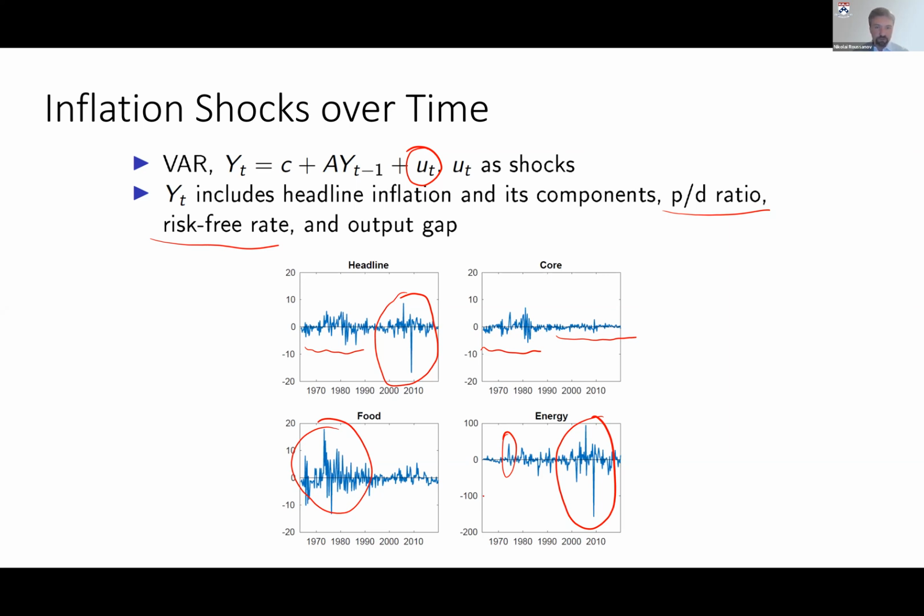So in what follows, we're going to focus on these shocks, because shocks, of course, are the unexpected components of inflation. That's what everybody really worries about, not the stuff that's expected. And we're going to primarily focus on these two components here, core and energy, as well as compare them to the headline. We'll ignore food largely for simplicity, because its behavior is sort of a convex combination of core and energy in many ways. But the key is that we're going to look at the sensitivity of stock or asset prices or asset returns to these two different types of shocks